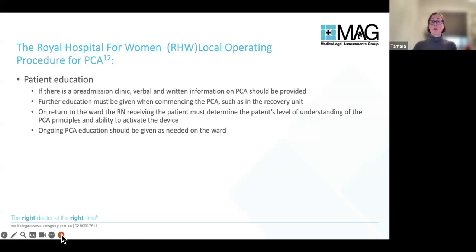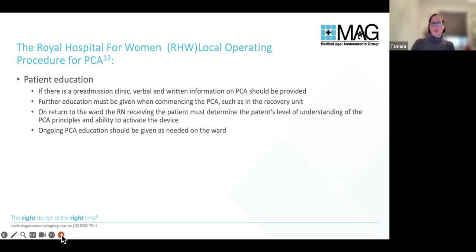Talks about opportunities to educate the patient well if there's a pre-admission clinic in a larger centre, then you can start that education early. Then when you're commencing the PCA, and I would actually add for mine that I do that when I see the patient before they go off to sleep, and I'm aware that a lot of that information may not be retained, but it should be given because it can then be reinforced and give the person the confidence and the knowledge of how to use the PCA and when not to use the PCA, etc.